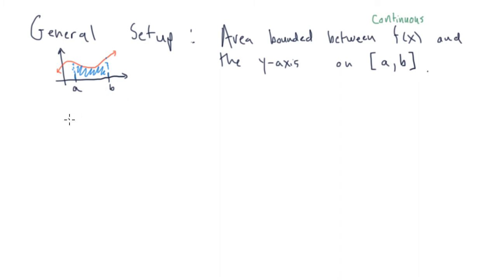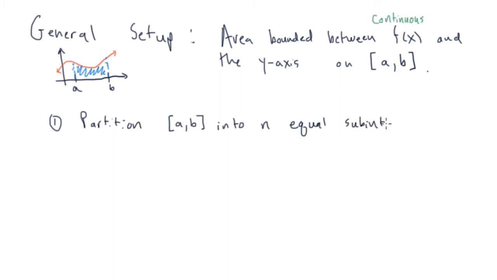Well, the first thing to do is partition AB into n equal subintervals, each of length